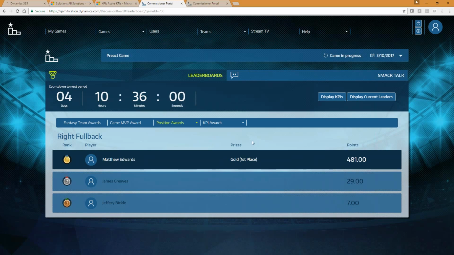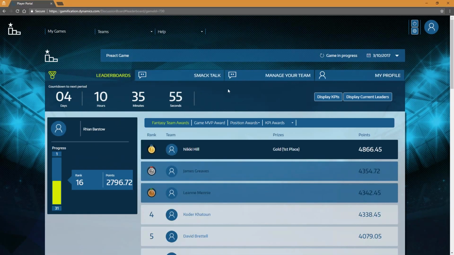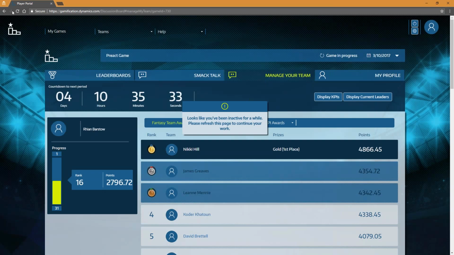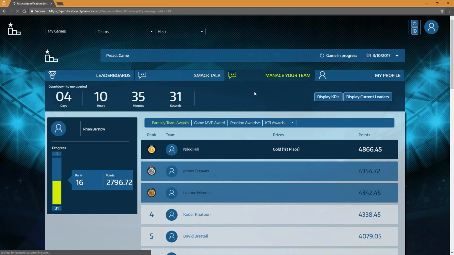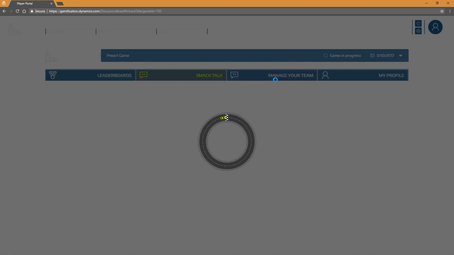Okay, so just going to move over to a user's perspective. So we switched over here to the gamification portal for users, not the administrator. So you can see here the different things have changed now. Because I'm a user, the amount of areas that I'm allowed to look into are obviously smaller, but having a look at the experience of team management. So if I go over to manage my team, hang on a minute. Is it going to let me log back in again? I hope so. Yeah, lovely.